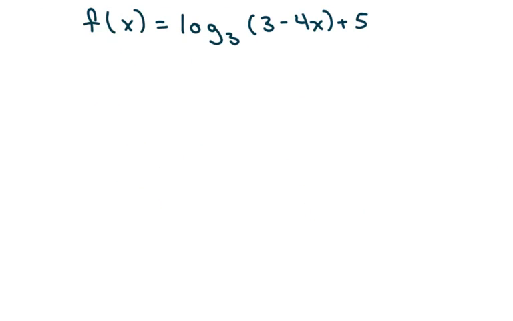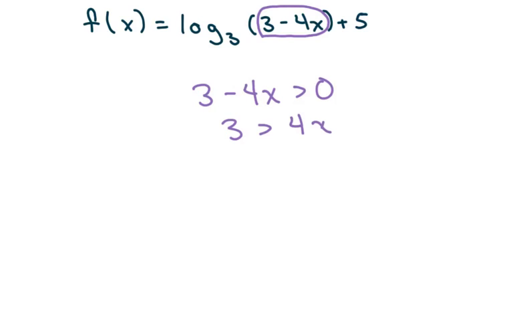If we look at this first one, for our domain, this quantity inside here has to be greater than 0. So what I'm going to do is just set it up that way. Has to be greater than 0. Go ahead and move that 4 over and divide both sides by 4. You get 3/4 is greater than x, or x is less than 3/4. And that's your domain. And you can write it,